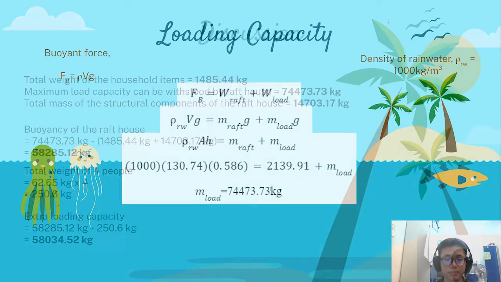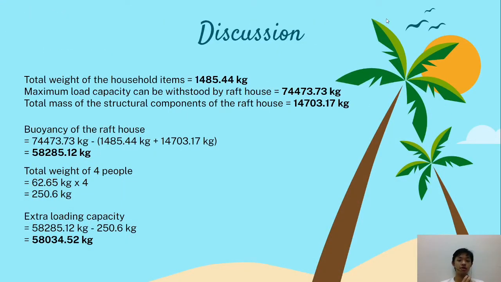74,473.73 kg. From the calculation done above, we can make some conclusions. First of all, the total weight of the household items is equal to 1,485.44 kg. The maximum load capacity that can be withstood by the raft house is equal to 74,473.73 kg, and the total mass of the structural components of the raft house is equal to